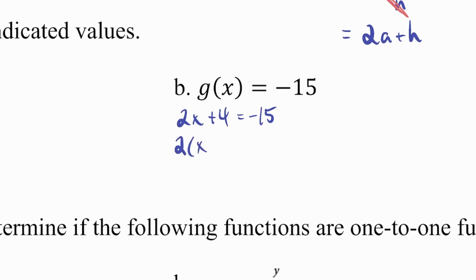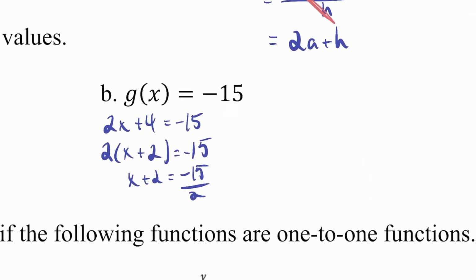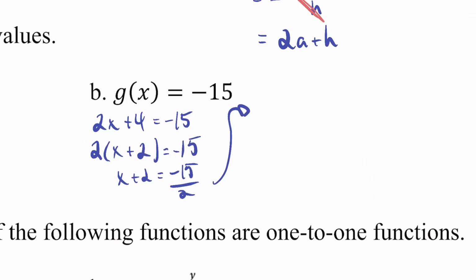So 2 times (x plus 2) equals negative 15. Okay, I'll divide by 2, so x plus 2 equals negative 15 over 2. I'm running short on room, so I'll start a new column. Now I'll subtract 2 on both sides. So x equals negative 15 over 2